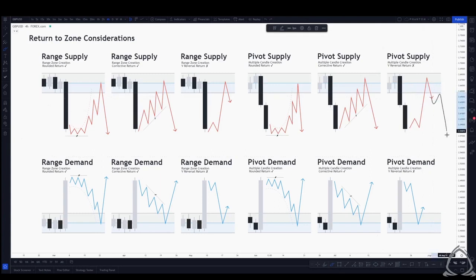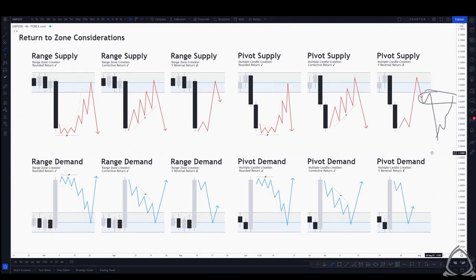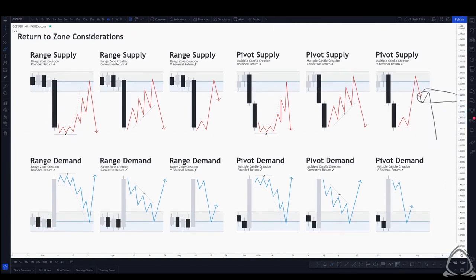Or if you do get some sort of reaction that does follow through, you might be able to trade a newly created pivot that has maybe a better return into it, a rounded return or a corrective return. And one final thing that I wanted to touch on in regards to return to zone considerations, what you'll often see on the zones that play out the most, and this may sound a little bit confusing initially because I had just said that the V reversal, or that aggressive move back into a supply or demand zone, tends to be the lower probability, is if we're looking at, say, a rounded return or corrective return,